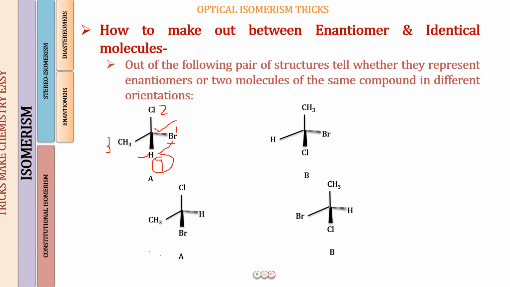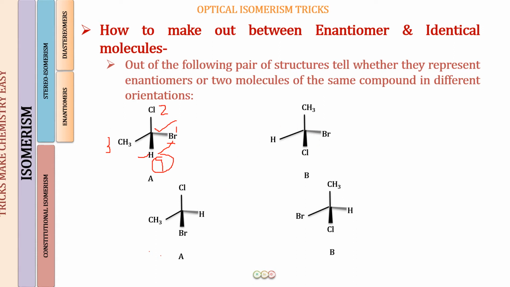And for the B structure, this is going to be this one, because here again, you are seeing that hydrogen is in the plane of paper. What we want is instead of bromine. So we will be making a switch over here as well. So the fourth priority group should always be represented by the hashed wedge in a wedge and dash representation. And in a Fisher projection also, how you're going to write the RS configuration, I have explained it in my detailed lectures, so you can follow those.